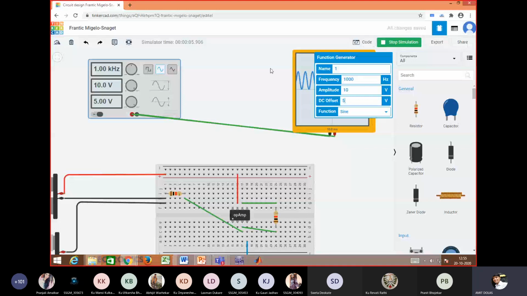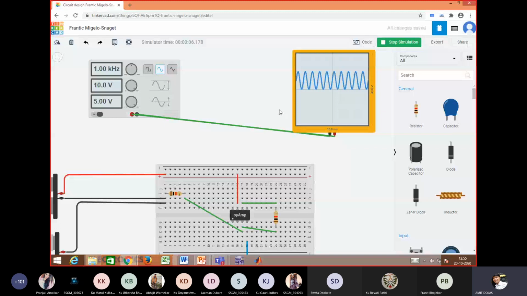Yeah, see, if offset is added, then of course it shows 40 volt, because 5 is added and it moved completely above the zero line. It is above the zero line, so that's why it is showing 20 volt.